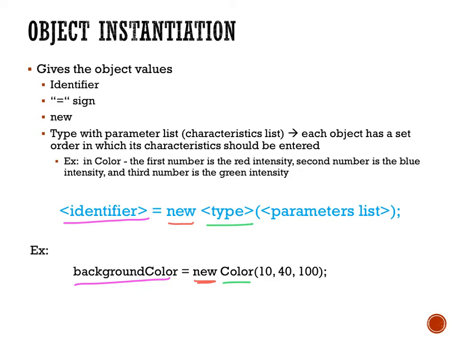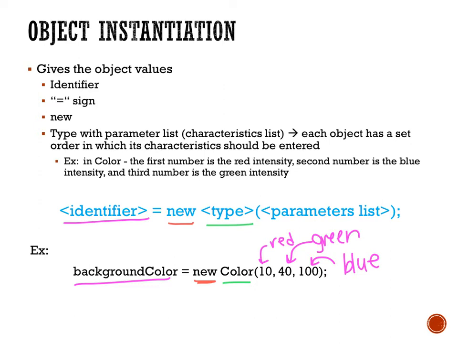that object contains. So inside of a color object you have a red intensity that's represented by the 10, a green intensity represented by the 40, and a blue intensity represented by the 100. And it's the same order every time. So red, green, blue. Red, green, blue. So when you instantiate a color object, the parameters or the characteristics that that object needs to have are listed in a specific order. So in this case, it's red, comma, green, comma, blue, representing the intensities of the various